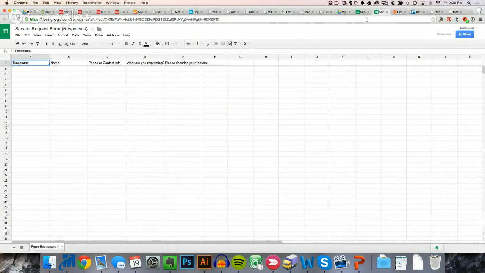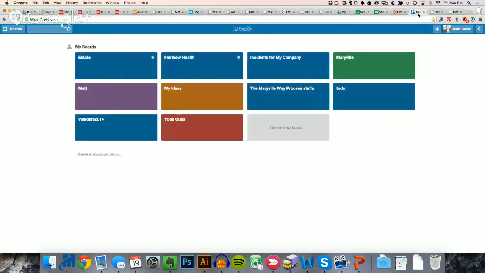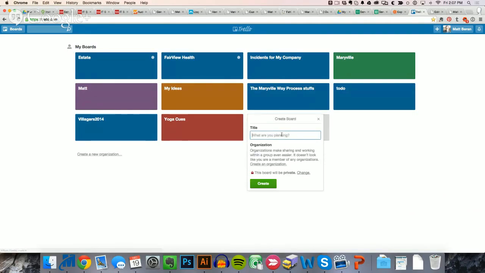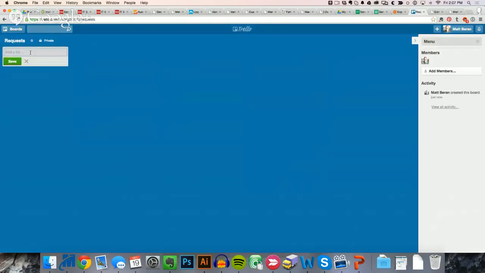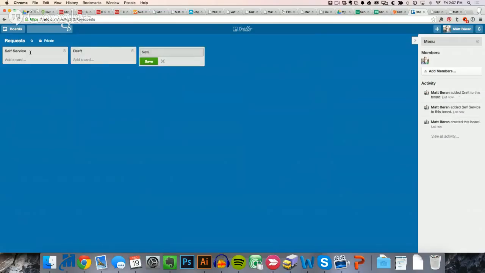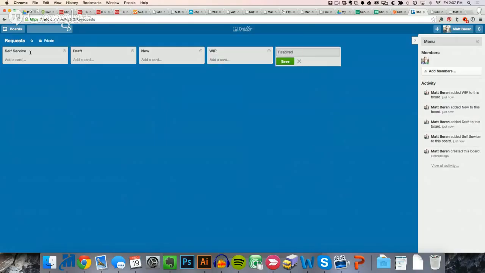Mm-hmm. So what I needed was to be able to put that into some sort of work management system. And if you've paid any attention to anything I've said ever, Trello is definitely one that I really have a lot of respect for. So let's create a new board, and we're going to call it requests. It'll be a private board. And really what we're going to do here is just put in the state of the request. So this one, we'll do self-service, draft in case someone calls me, new, work in progress, fulfilled,